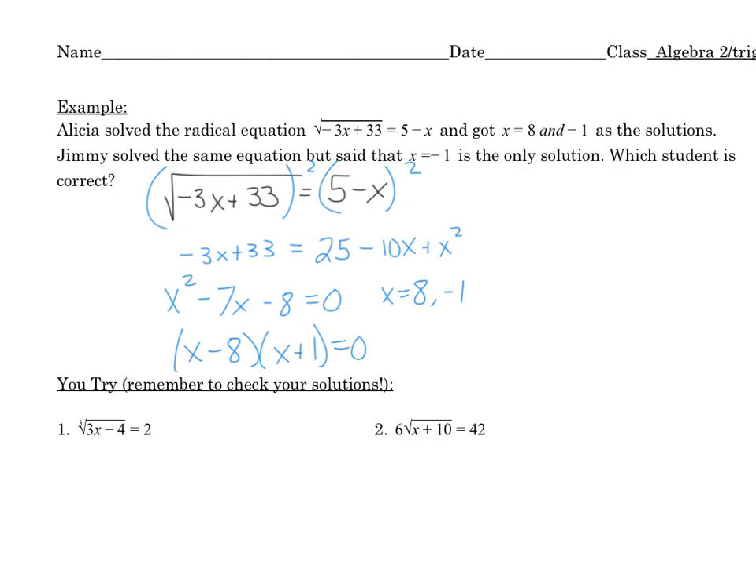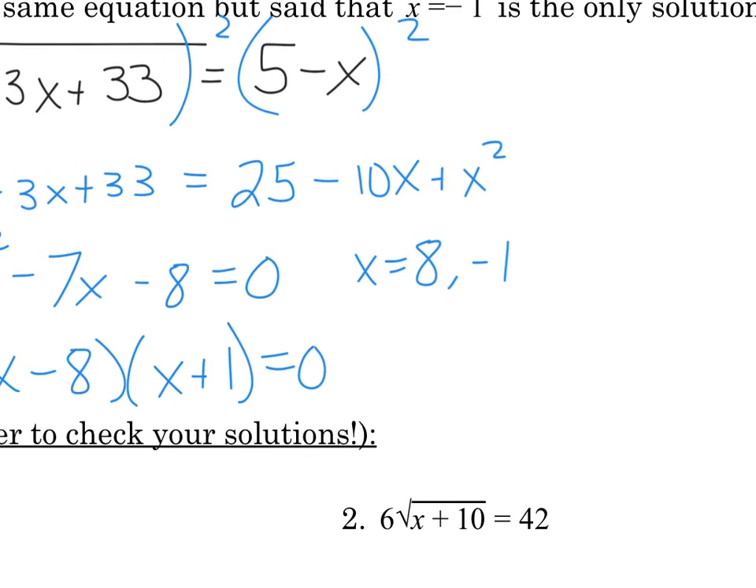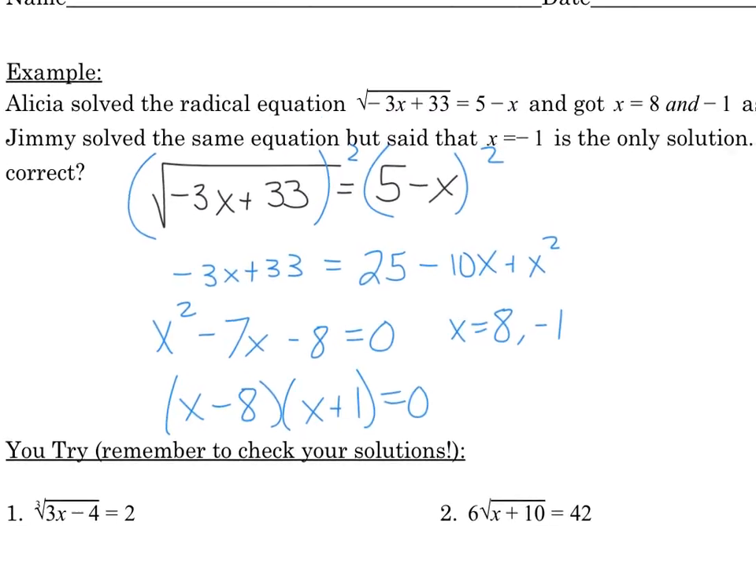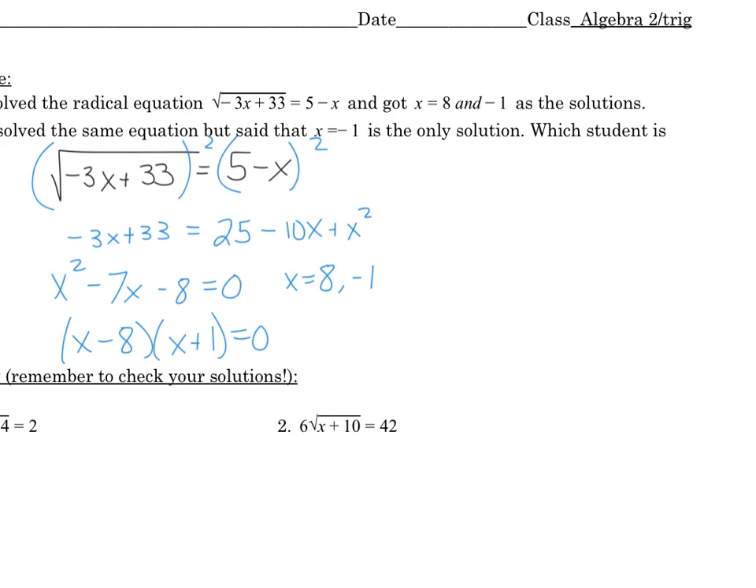Just like in our rational equations, when we had to check our answers to make sure that our solutions were legitimate, we have to do that with radical equations as well. So the way I do that is I take 8 and negative 1 and plug them into the original problem. So let's test at